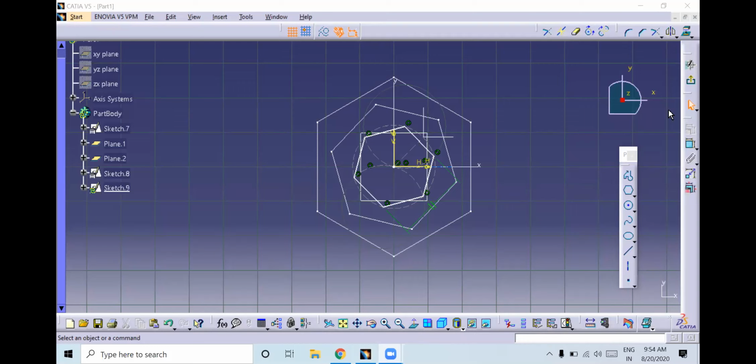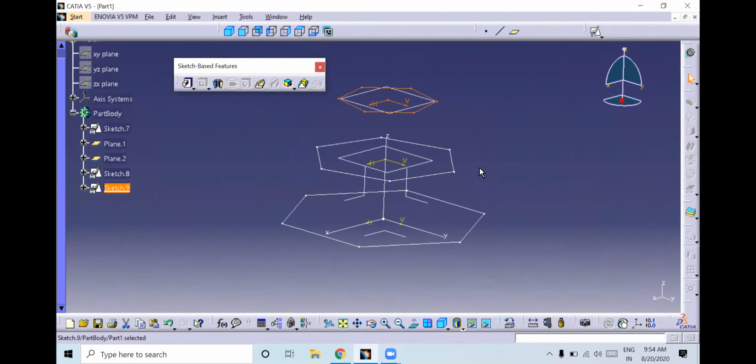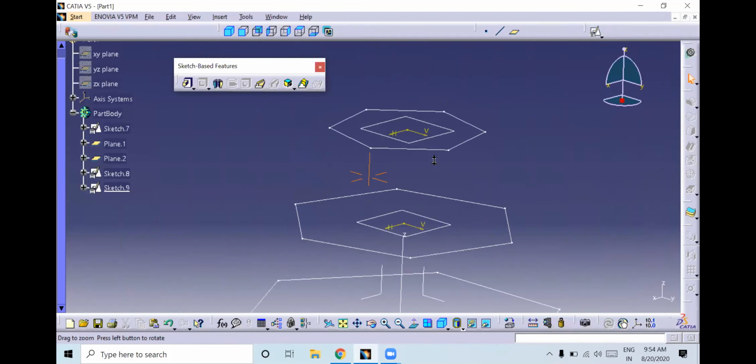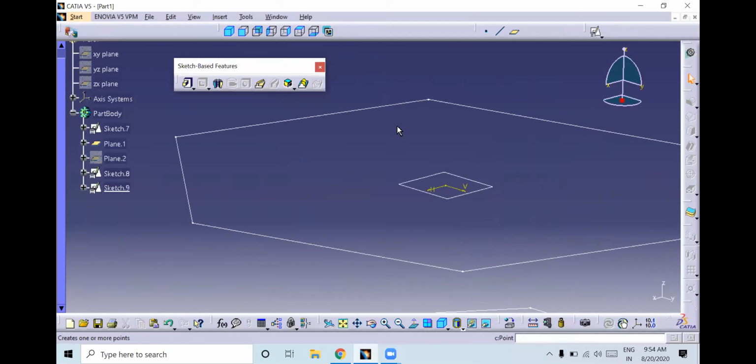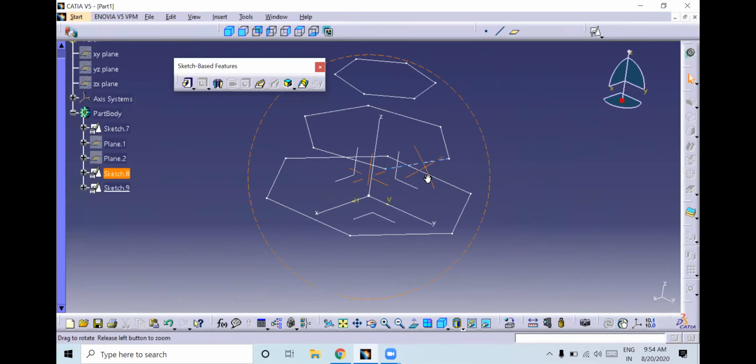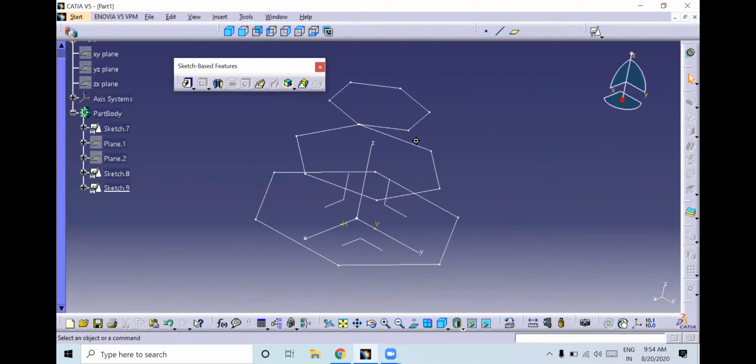Like this you can create and exit. You have got three profiles on different parallel planes. That is one condition to use this multi-section solid. So I will hide this. Okay, so we have passed one condition.